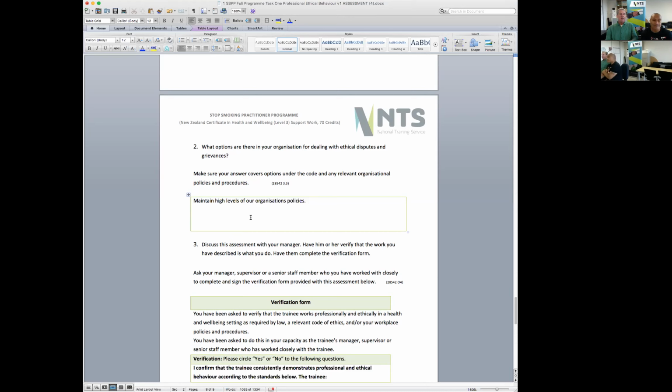Make sense? So you might be visiting a client in a home visit, and everything goes well, and you leave the client, and when you get back to the office, the client has rung your organisation and said that $20 has been stolen from his wallet, and he suspects that it was you, the practitioner, who did this.